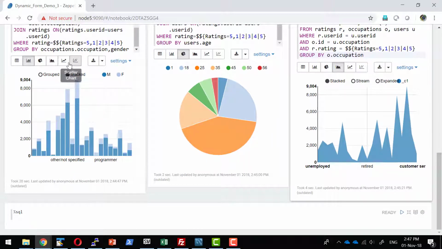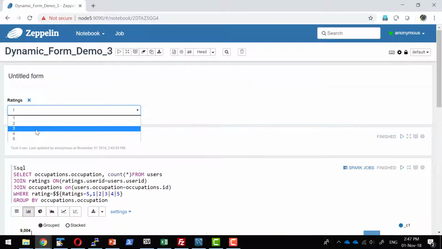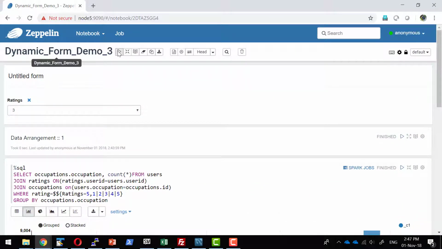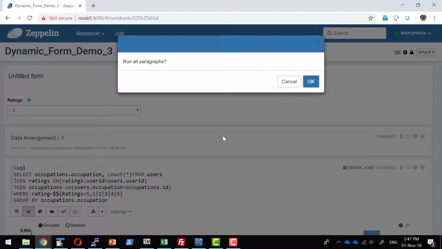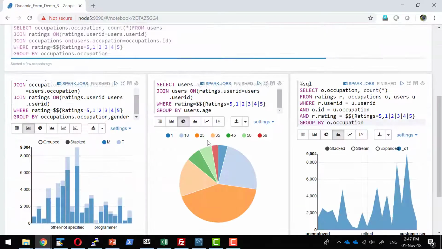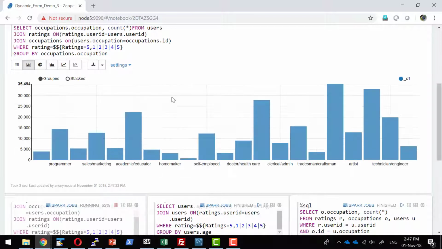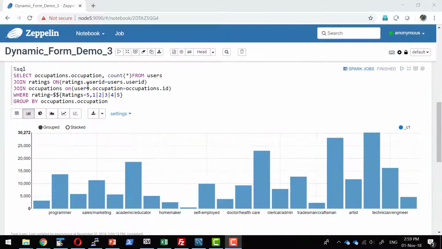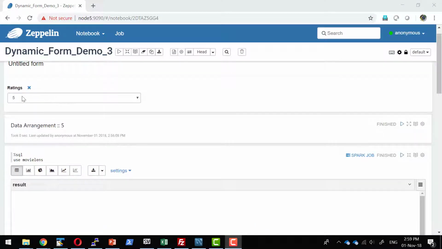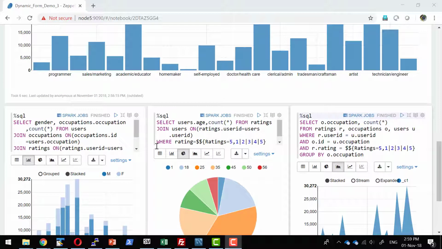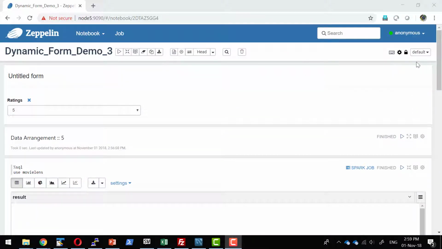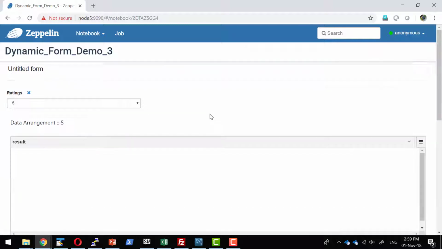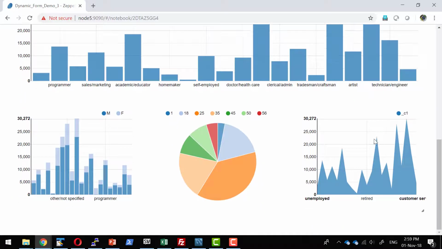I have made all the ratings a variable. Now, in case I wanted to do the analysis for the rating 3, I can select 3 and run all the paragraphs. All the paragraphs would get executed to refresh the results automatically, and the graph, the result, everything would get refreshed. So just by updating the global element, that is the rating, the entire report can be updated. Once I have it, I can get that as a report and share it with anyone